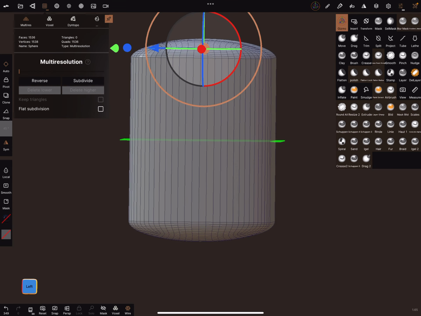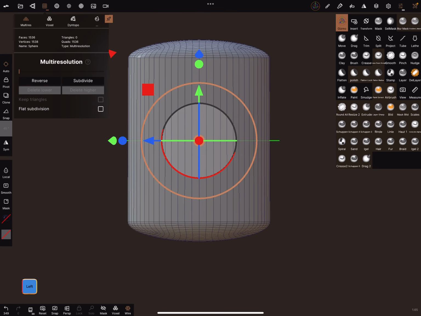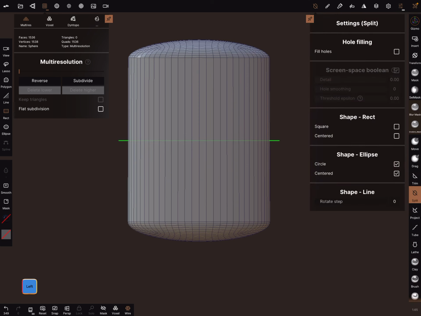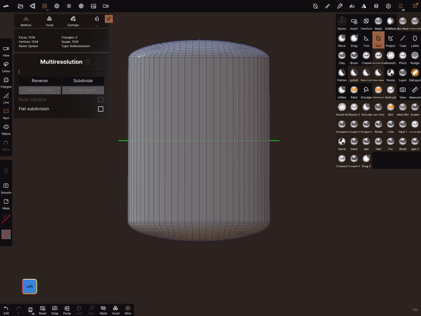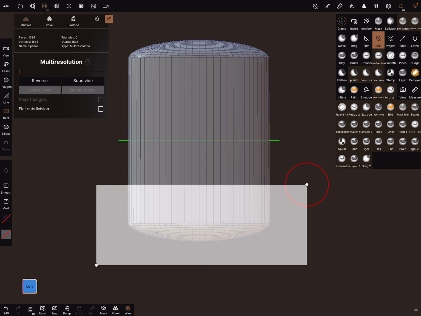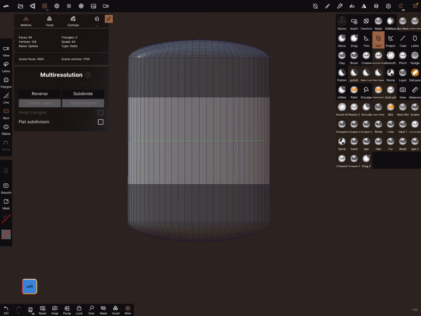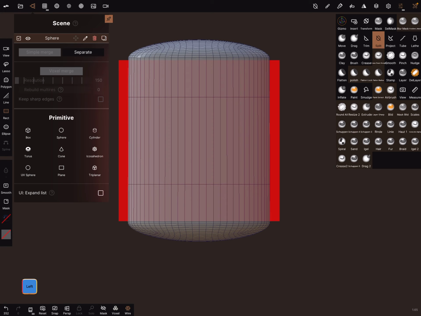It's also possible to use the split function. Rectangular, turn off the hole filling, and front facing vertex only off. And now you can bring in splits. You can simply merge the whole object again and weld it together.